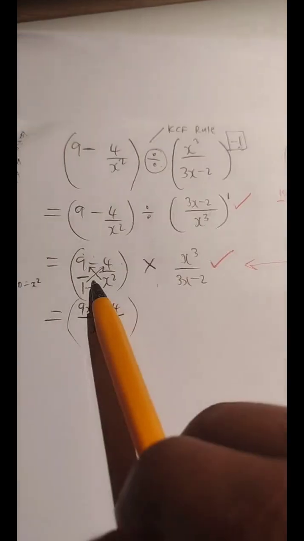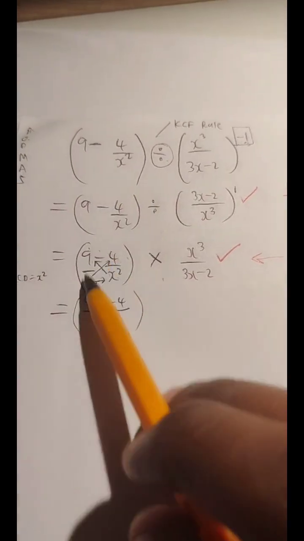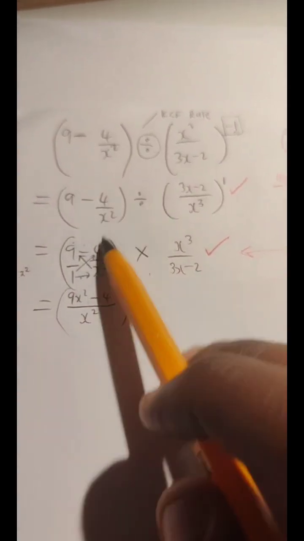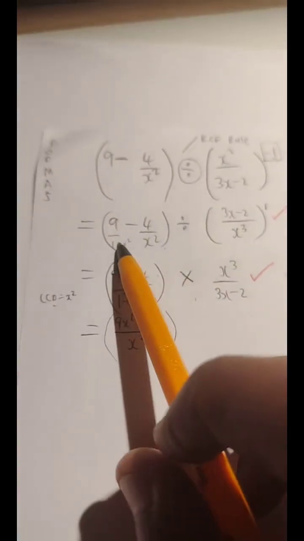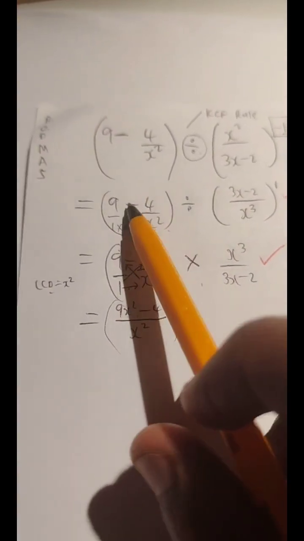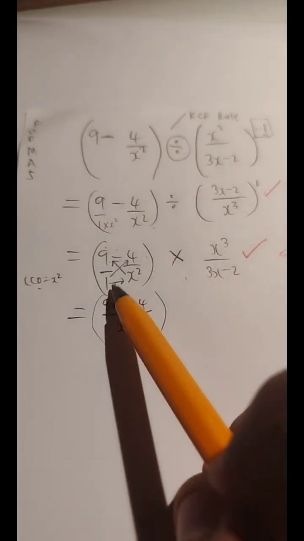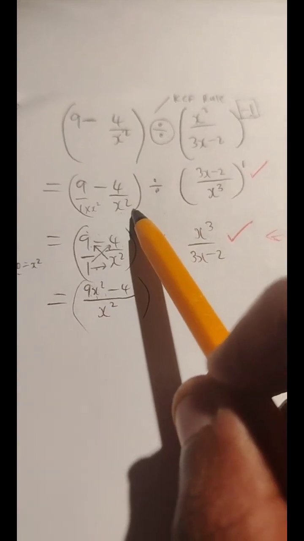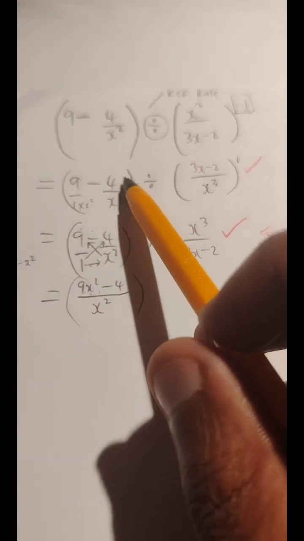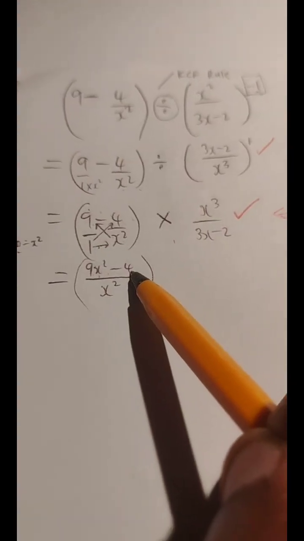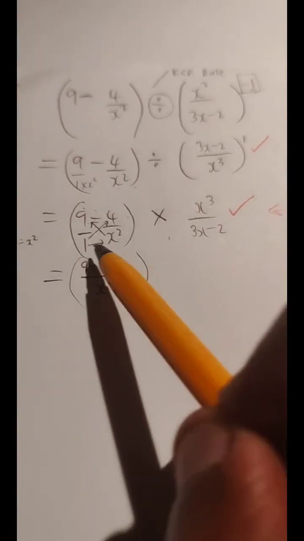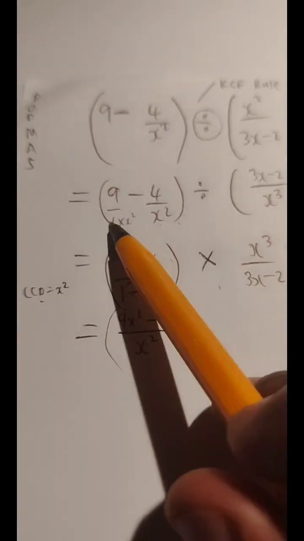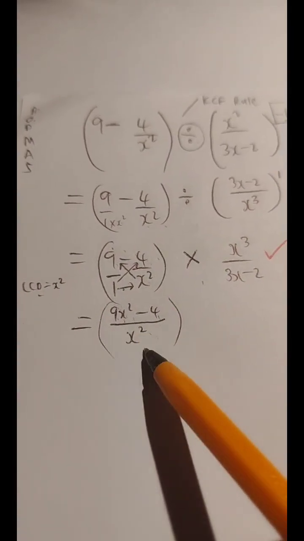I know that this is the same thing as finding the equivalent fractions of 9 over 1 minus 4 over x squared. If you know the LCD is x squared, you would multiply 1 by x squared, but what you do at the bottom, you do at the top. So that's why you get 9 times x squared, which is 9x squared. Then on this side, you already have x squared, which is your LCD. So you just multiply by 1 at the top, which is why you get 4 at the top. But that is all over what? The lowest common denominator, which is x squared.